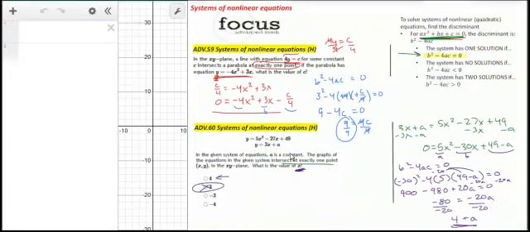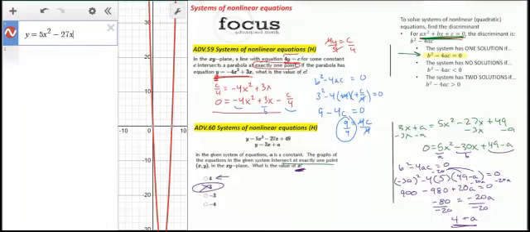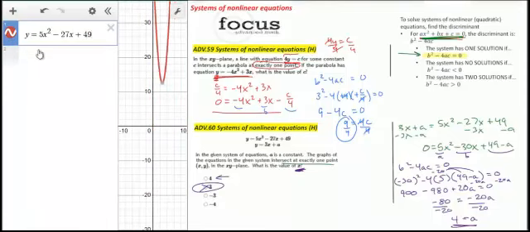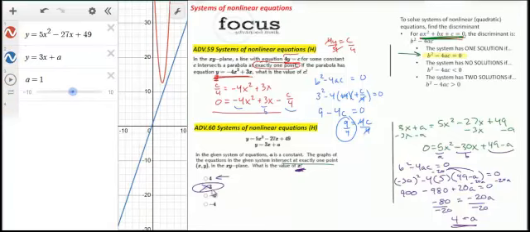We add 80 to both sides, divide by 20, and you get your a value to be 4. So the other way you could have solved this was to plug these two equations into Desmos, including the a value. So again, before solving for a, you do need to create a slider. And with this slider, really, we're only testing these 3 points to see which one works. So we just run this slider until we see